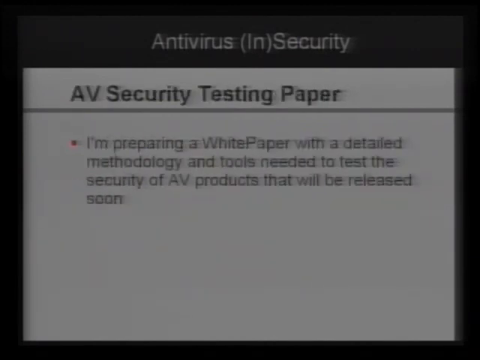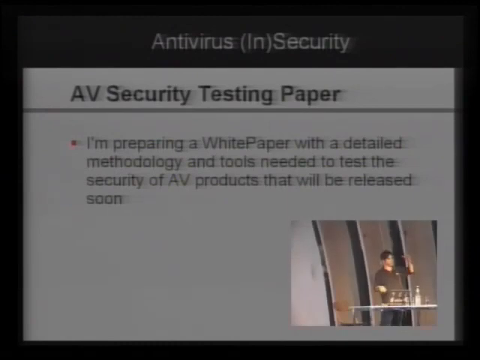So I'm preparing a paper. I will post it very soon on the website. I will send a mail to the mailing list, with very detailed fields and the tools that you have to use to test it step by step, so that you can go ahead, read the paper, and start testing your software, doing your own templates. It's like a workshop, so you will be able to reproduce these kinds of things on your side. Because of the time, this is impossible here.